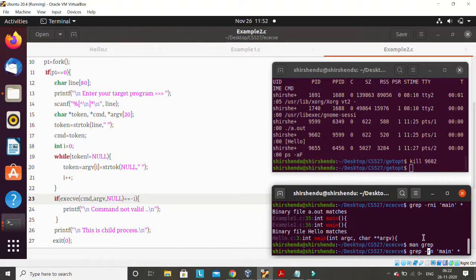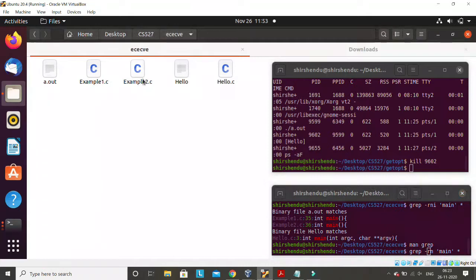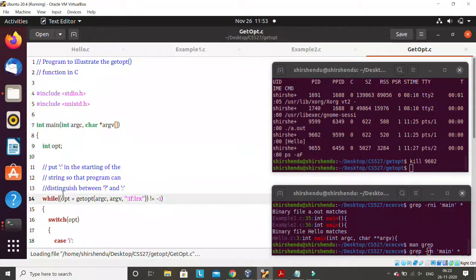One way is the program that I have written here. It's a vanilla program, which means you have to handle everything from scratch. You have to go for strtok, and then parse the string, and then maybe apply some regular expression, and then find the meaning of all these things. That is one part that you can do, but instead of this you can use one function, and that function is getopt. You can use this function, getopt.